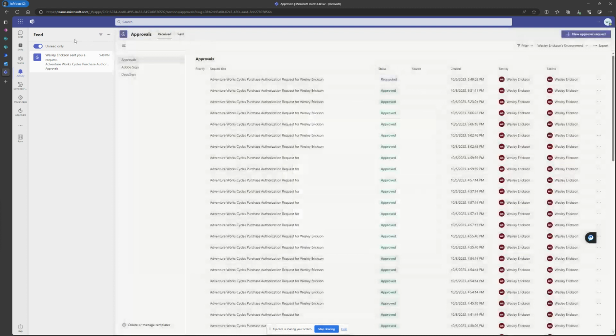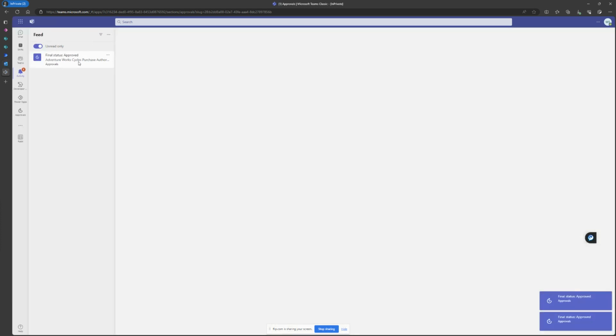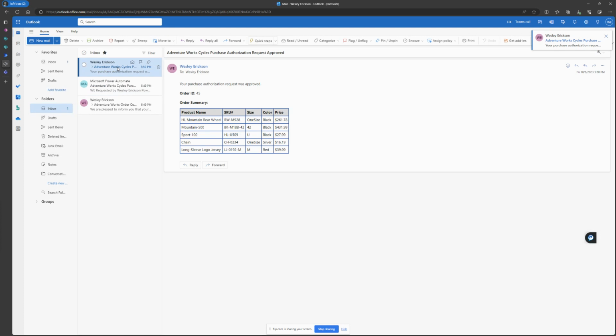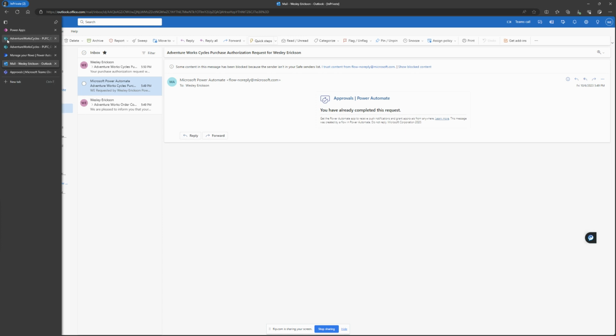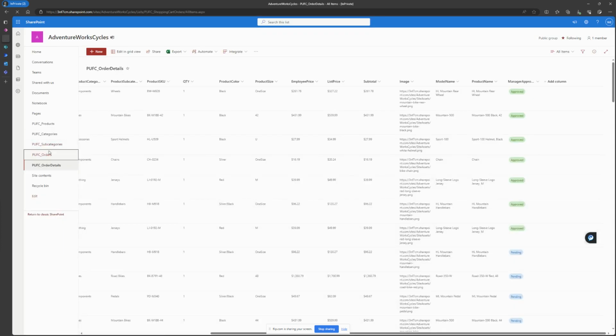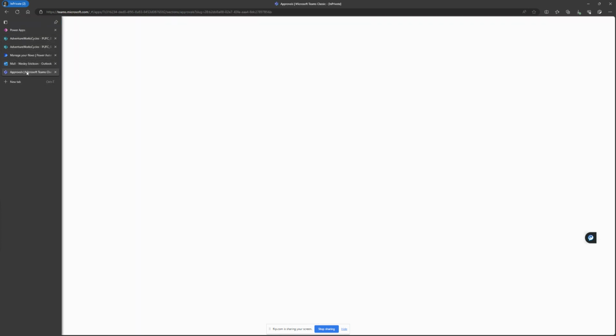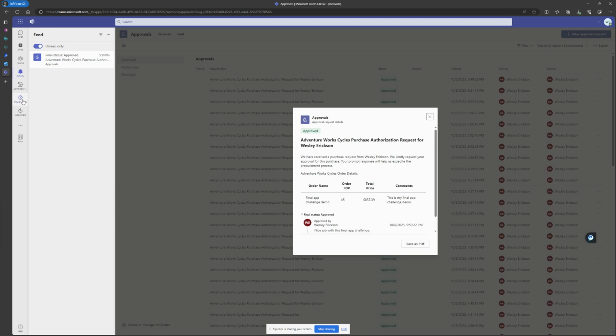What should happen now is the employee should receive a confirmation message that their order has been approved. And here I am displaying that on the screen. Additionally, if we jump back to our order screen, we should be able to see status change to approved. Same would be the case on my details page. And since I'm running out of time, I'm just going to jump